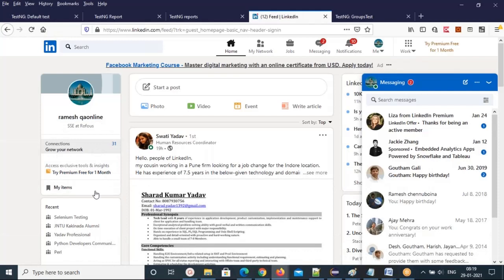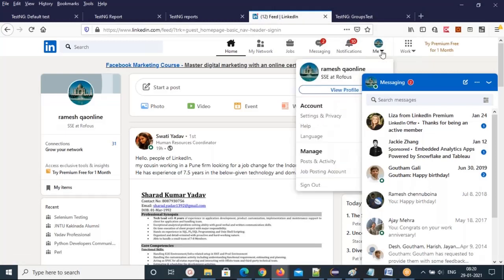I want to verify this profile rail card. Then after that I can log out. Just click on the sign out link.